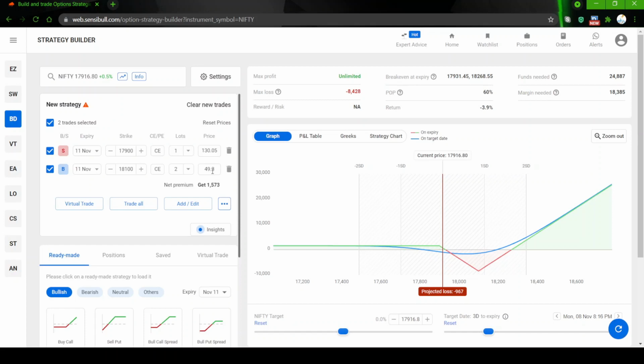So to hedge that, we are going to sell one lower call. Lower call means an at-the-money or in-the-money call we are going to sell, and collect the premium to finance your call buy positions. Two calls you are buying at one strike, so to finance that, we are going to sell one option and collect the premium. And what we are collecting here is 1573.